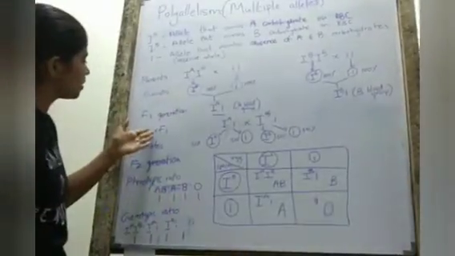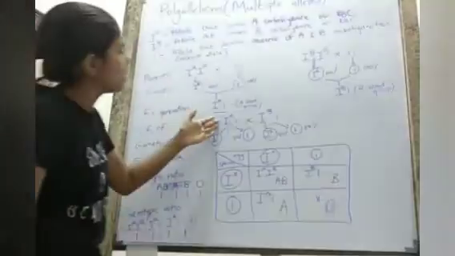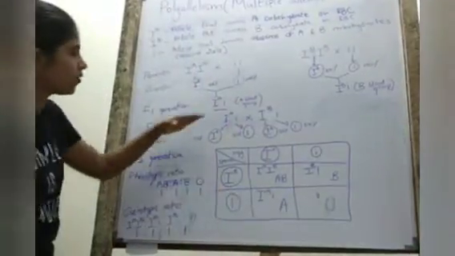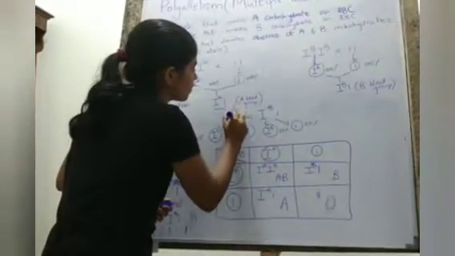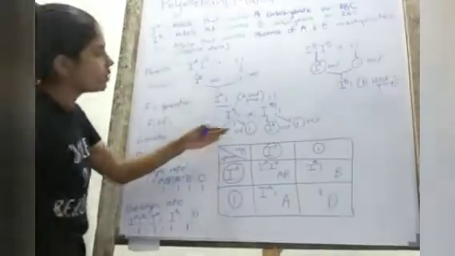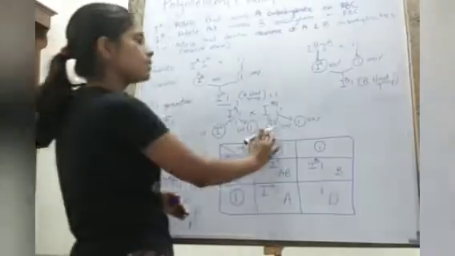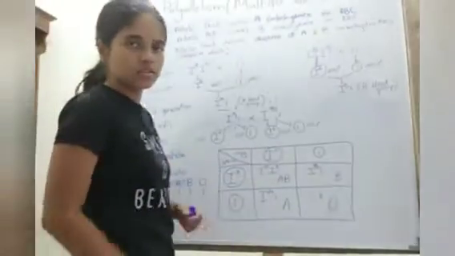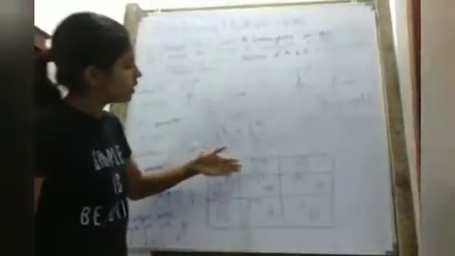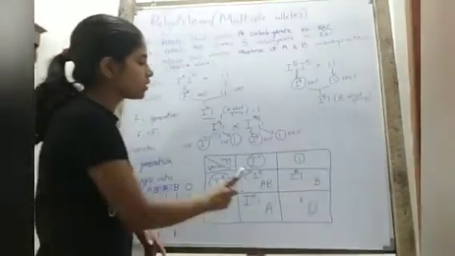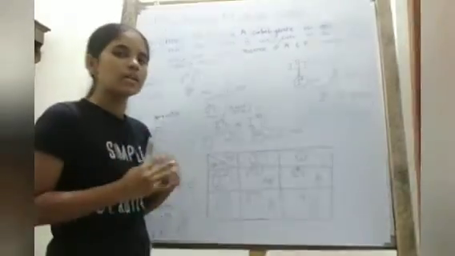And then we cross the F1 generation with the F1 generation. IA simple I is crossed with IB simple I. And then we write down the gametes. Alleles are separated. 50% IA gametes, 50% simple I gametes, 50% IB gametes, 50% simple I gametes are given. And then we find out the F2 generation by drawing the Punnett square. So here we get the IA-IB genotype, which gives out the phenotype AB blood group. So this is the instance of codominance that we explained before.